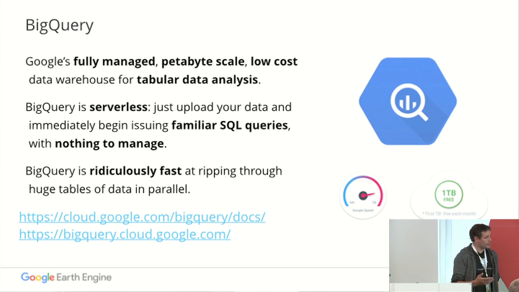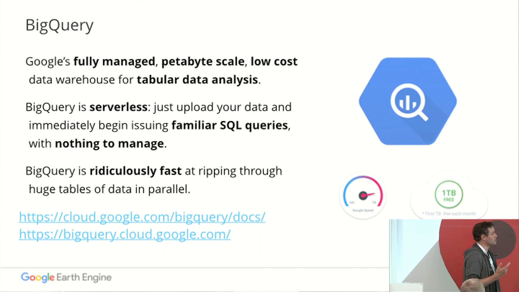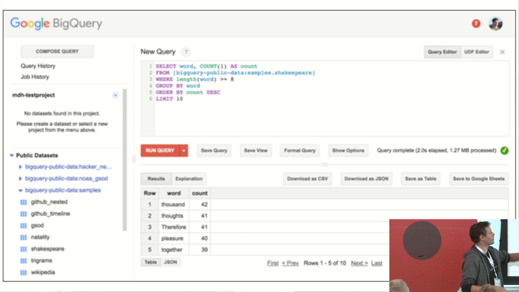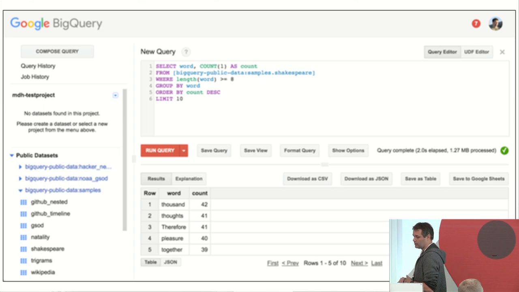It's got a UI that you can use. You don't need to, but I usually do. That looks like this, where you can write your SQL queries and run interactively, see and explore the results. And it'll do things like,